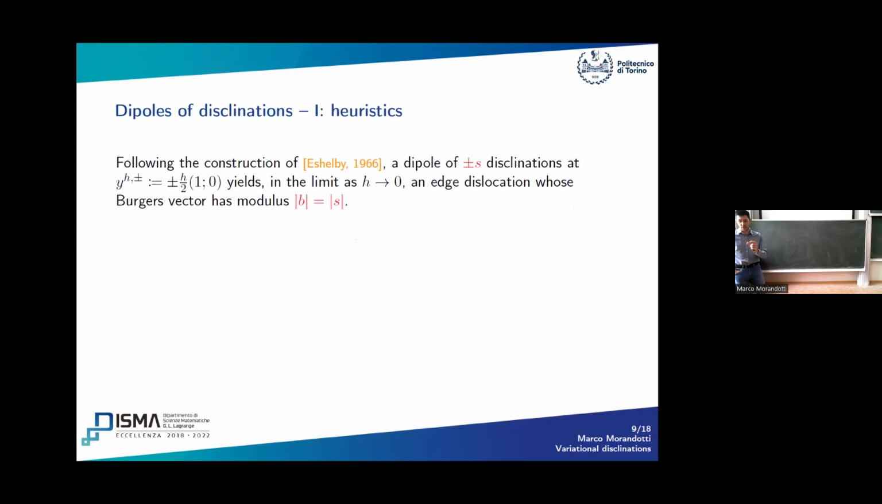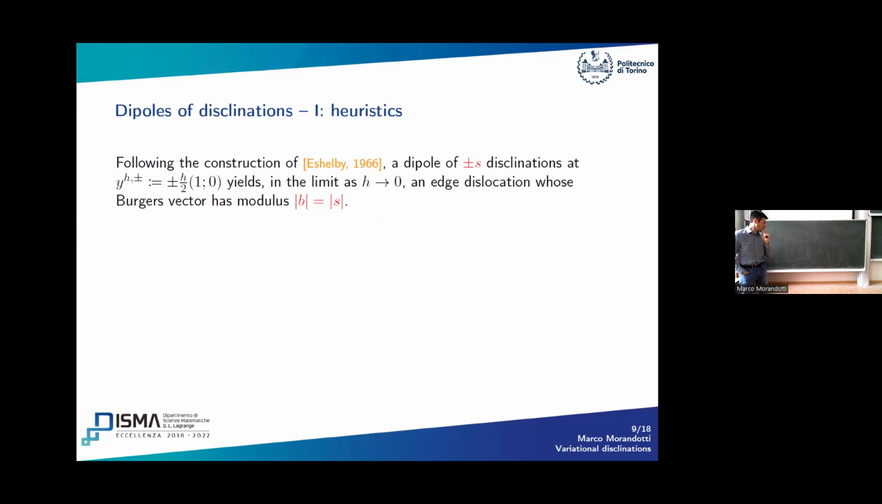But then the rescalings are done when we make the interplay of one positive and one negative disclination next to one another, which means we're considering dipoles. Okay, so in this context, we want to consider a positive and a negative disclination placed h far apart from one another, and we take them on the x-axis. And then this construction done by Eshelby says that in the limit as the dipole length goes to zero, we recover a defect which is an edge dislocation, whose Burgers modulus is precisely the Burgers